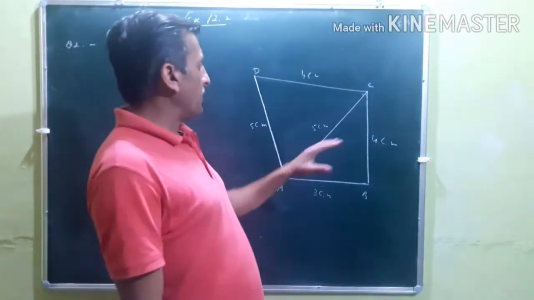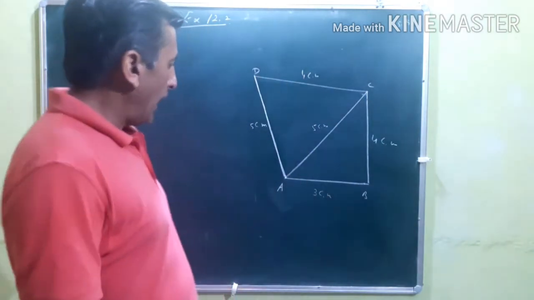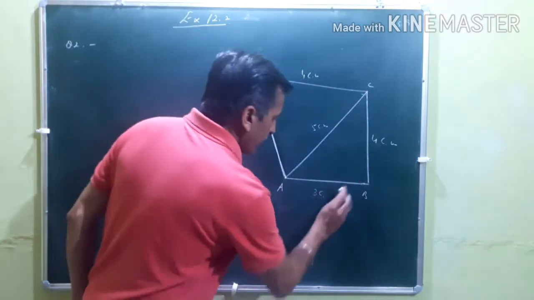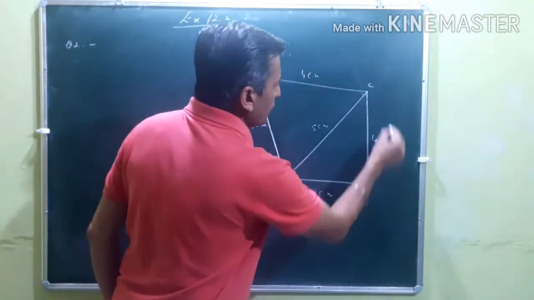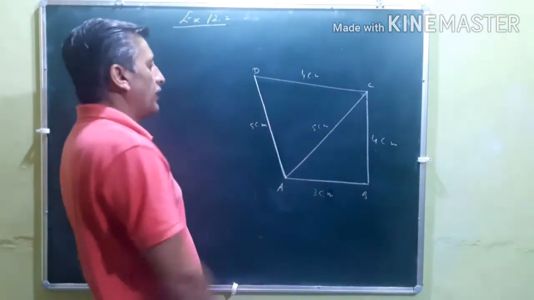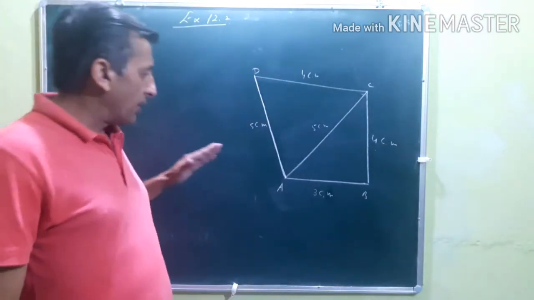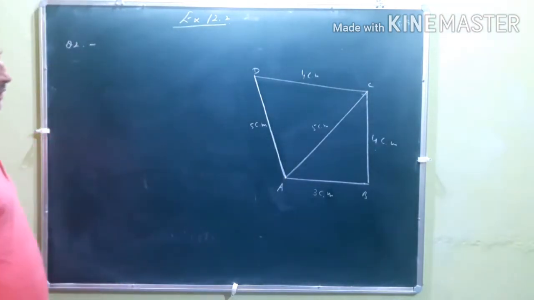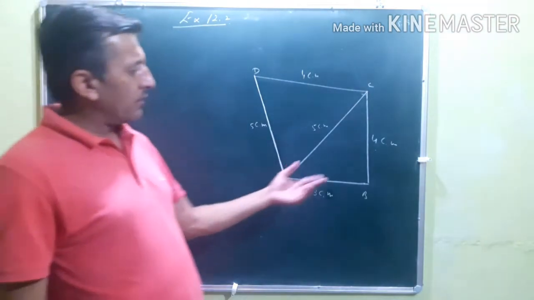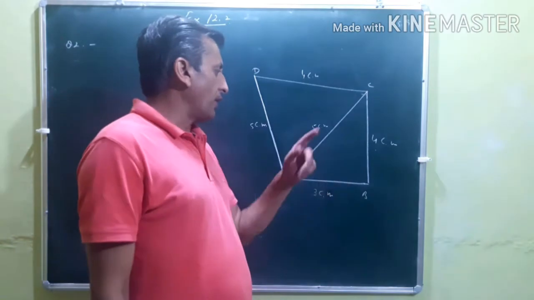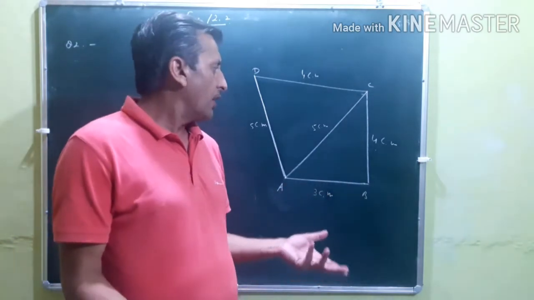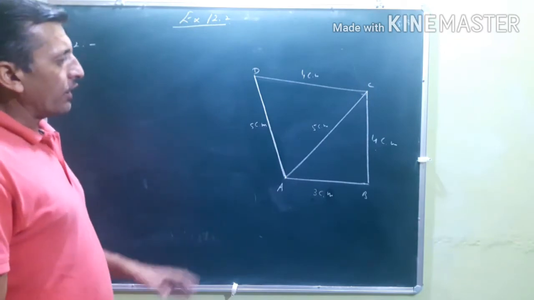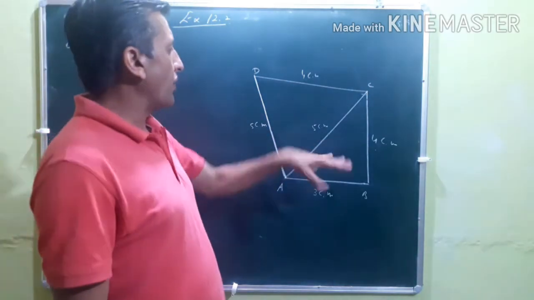Now see, this is the second question. In the second part, once again a quadrilateral is given and these sides are given. This AB is equal to 3 centimeter. Done. And B to C is equal to 4 centimeter. C to D is also given. Then A to D is also given, and the most important thing is that in this case AC is also given. And now we have to prove that this is a right angle triangle, because if it is a right angle triangle, once again you can use the known formula, 1 by 2 into B into H. Otherwise you can use Heron's formula for both parts.